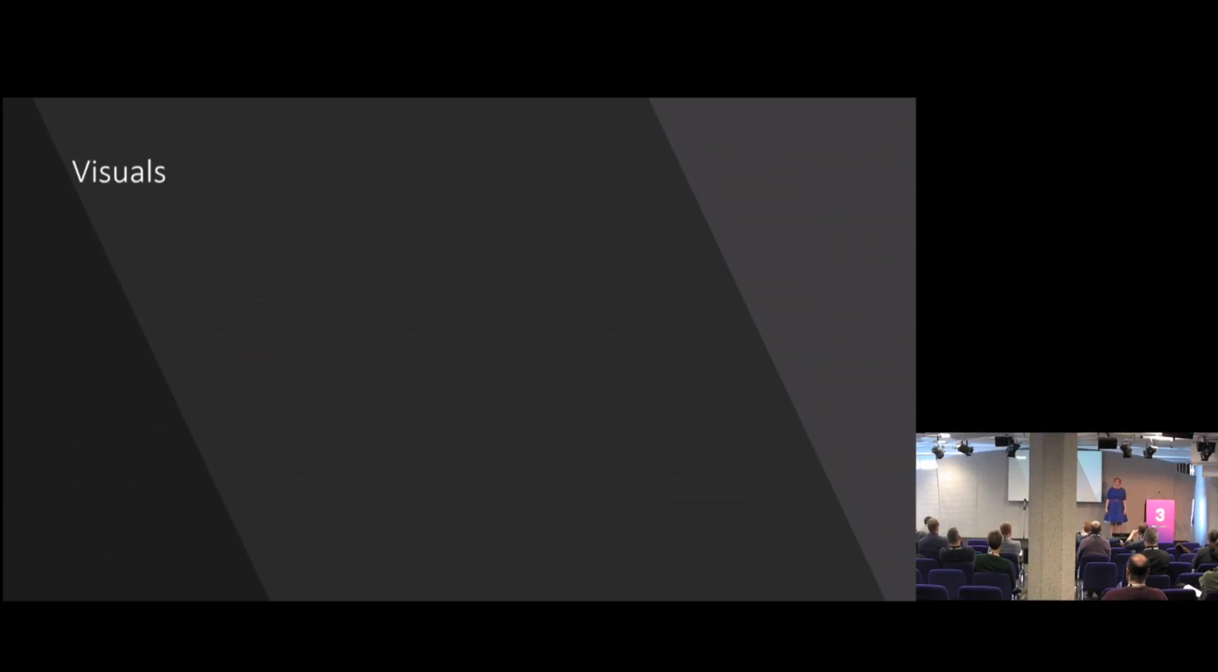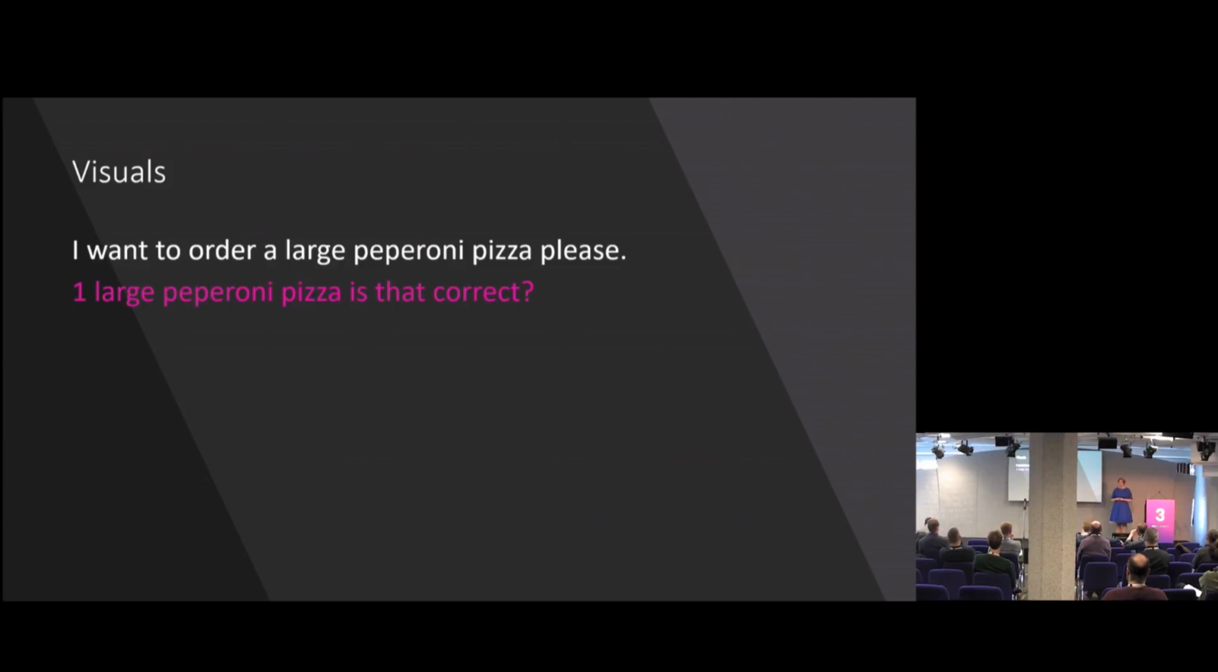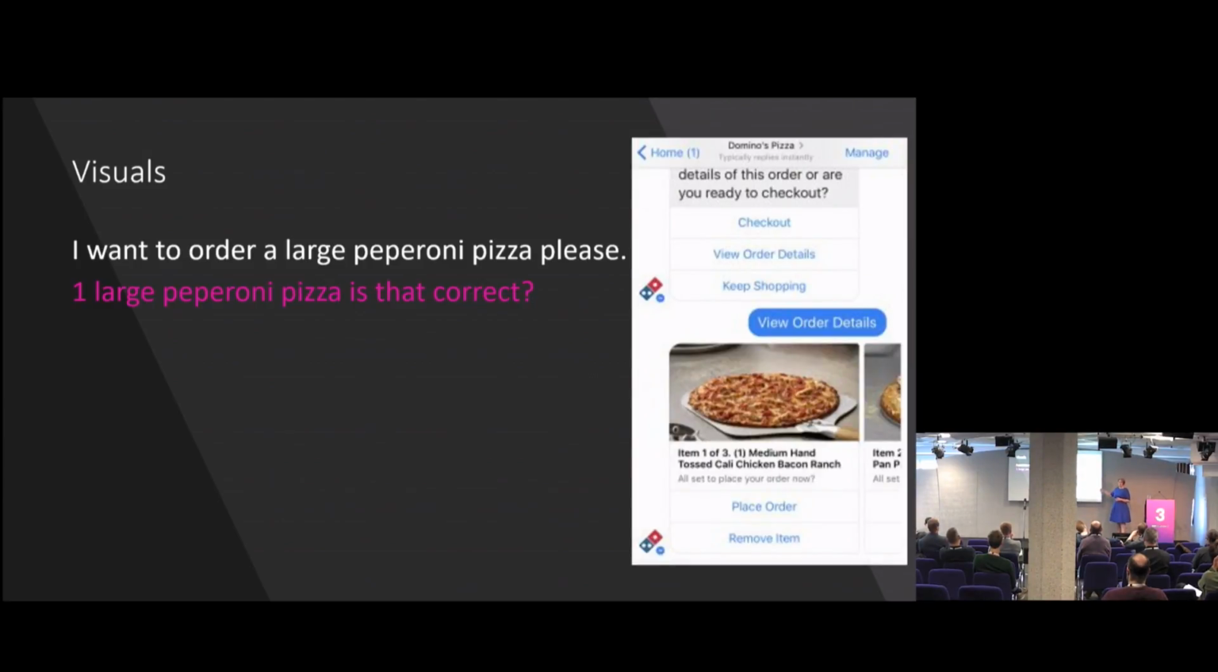But if we instead use the help of visuals, it could go something like this instead. I want to order a large pepperoni pizza, please. 1 large pepperoni pizza, is that correct? And now, instead of waiting for the answer from the user, we can show an image. So this is the visual. And I order a large pepperoni pizza, right? If you can see this, this is a chicken bacon ranch pizza. So already I, as a user, can know that this is the wrong pizza and I can change it, or